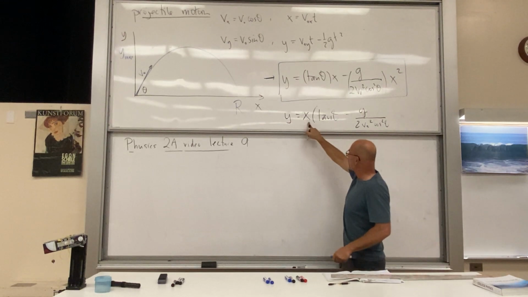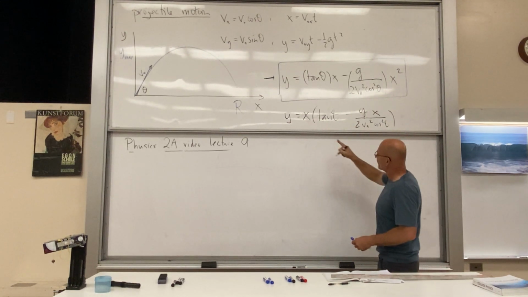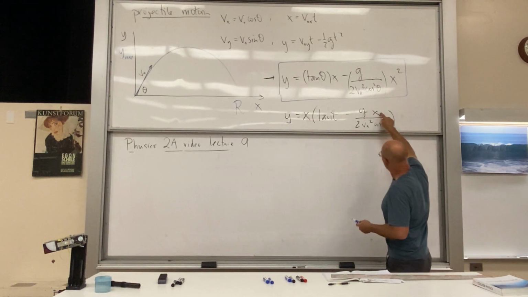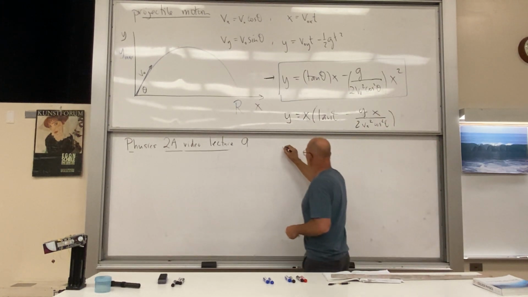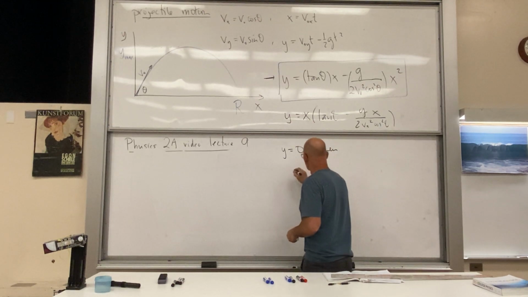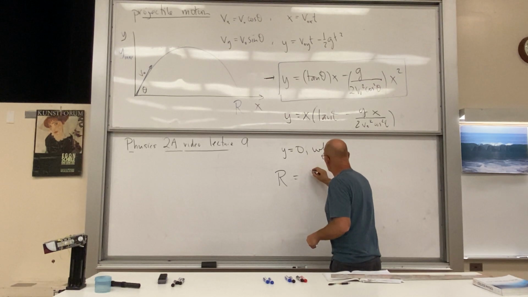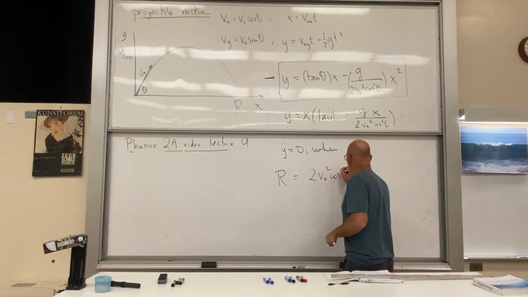Since we already have a power of x here, power of x there, and when we set this equal to 0, we plug in R and solve for R. So y equals 0 when R, the range, is equal to 2 v0 squared cosine squared theta